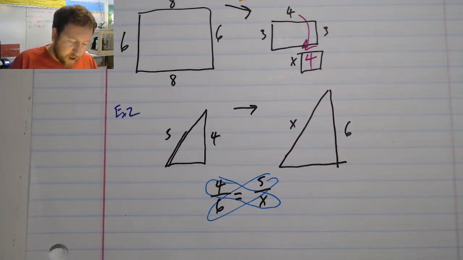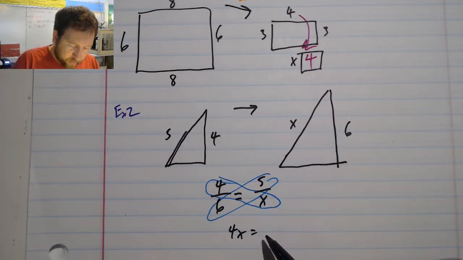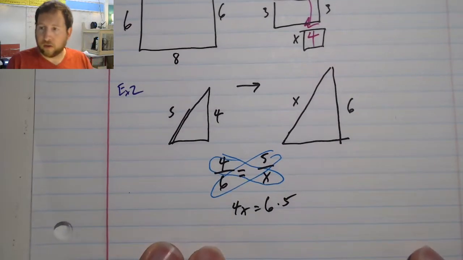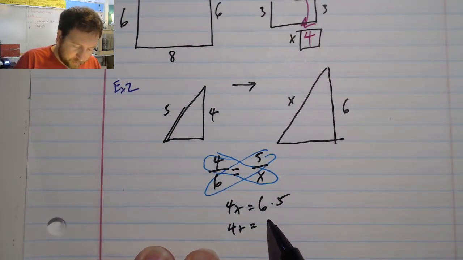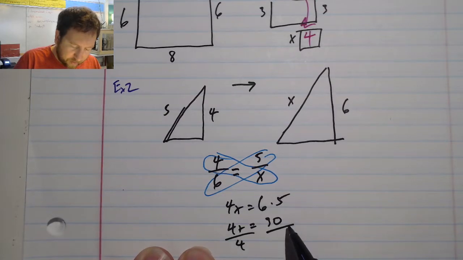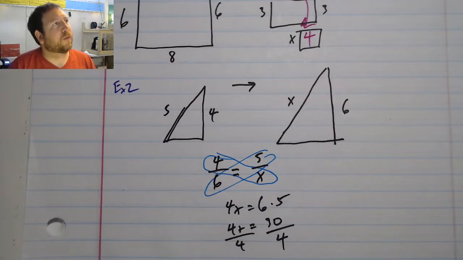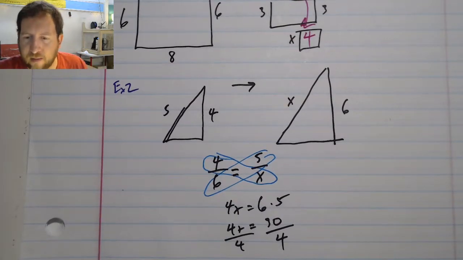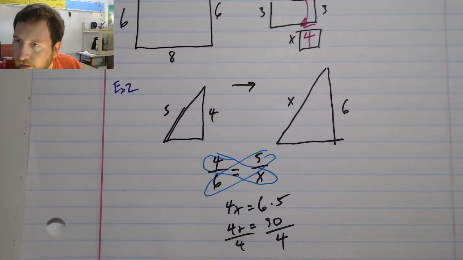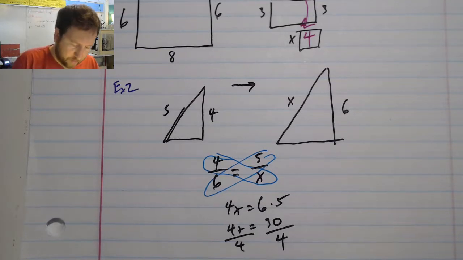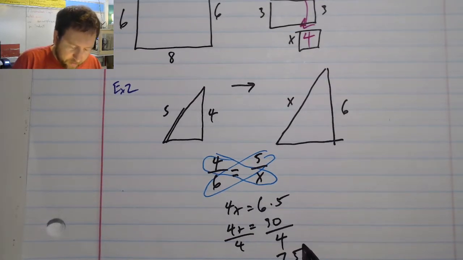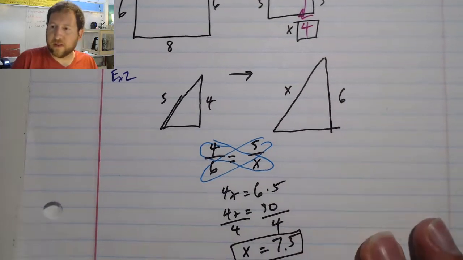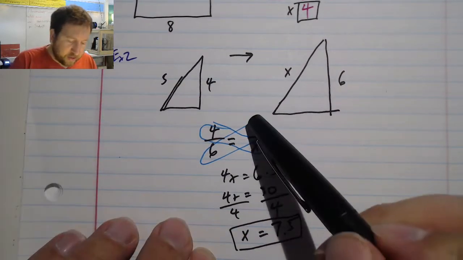And I can just set it up as 4x equals 6 times 5, or 4x equals 30. Divide both sides by 4, and I have x equals 30 divided by 4 is 8.5 maybe? Let me check. 30 divided by 4, 7.5, darn. But you can see how I was able to figure out this missing side based on just using some cross